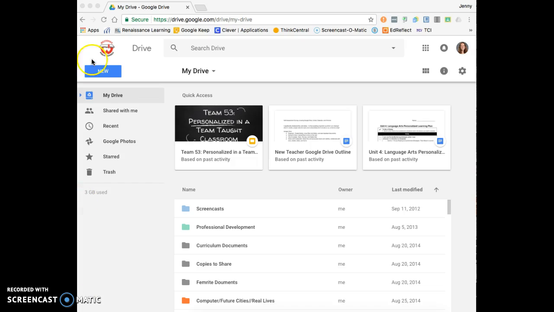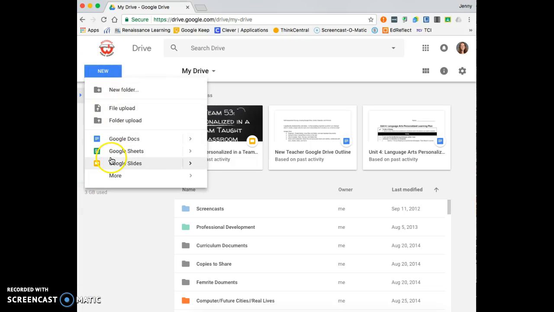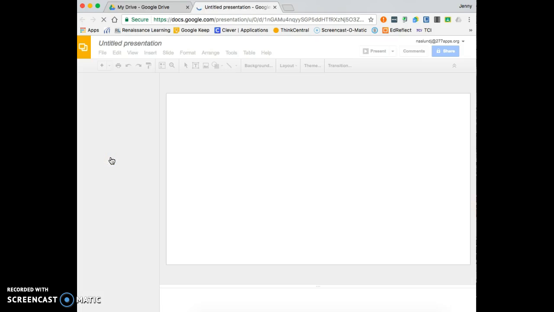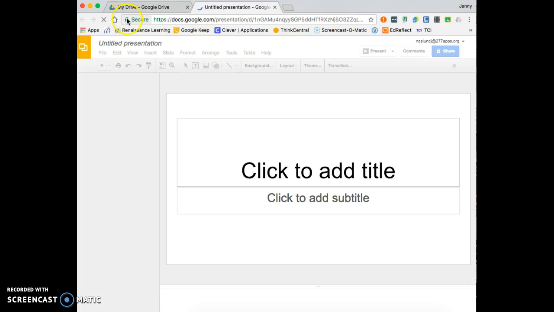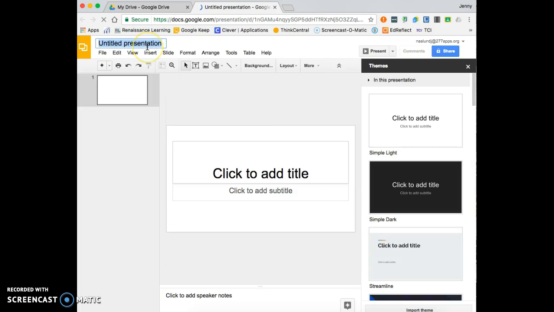To create a new Google Slide, you'll go up to New in Drive, and you'll select Google Slides. When Google Slides opens, again, the first thing you're going to want to do is label your presentation. Once I've labeled it,